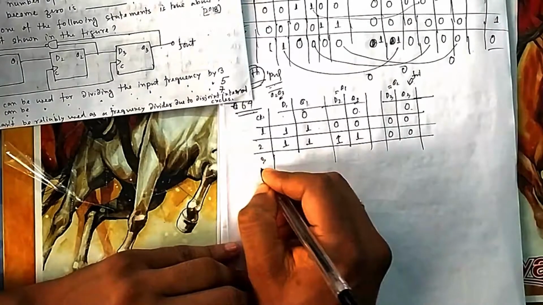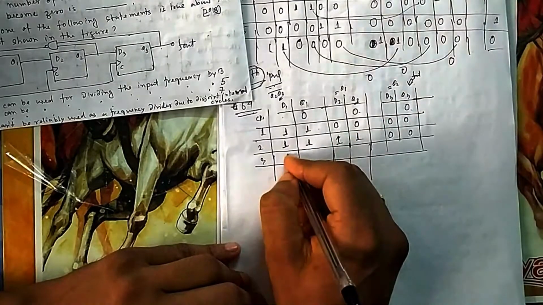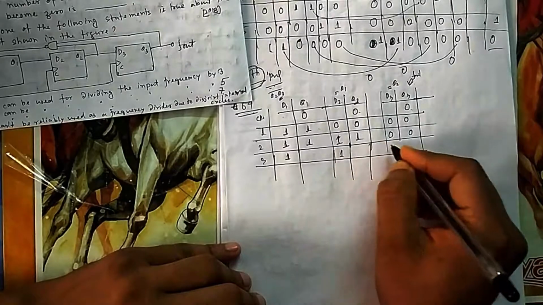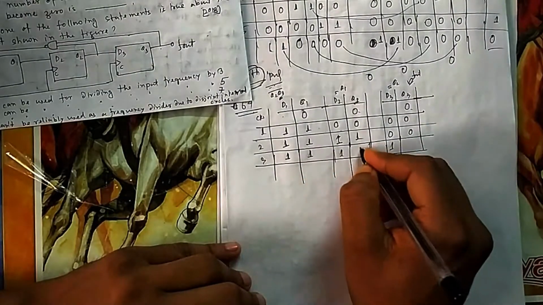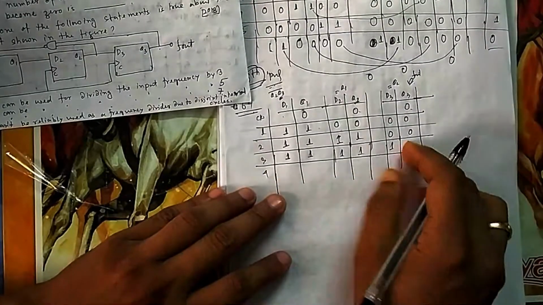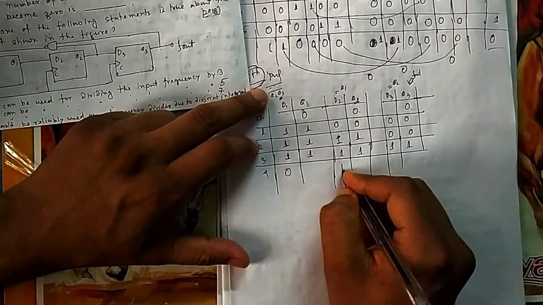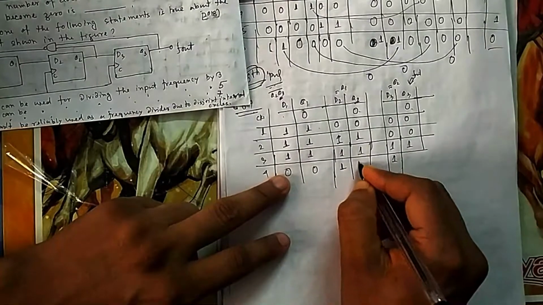Again if you go to pulse 3, it will be 0 into 1, 0, then bar is again 1. And this is already 1 and this is 1. So 1 1 will give you 1, 1 1 will give you 1. Now if you come to the fourth one, 1 into 1 is 1, then bar is 0. So this is 0, and this is 1 and this is also 1. So 0 will give you 0, 1 will give you 1. So this is the fourth one.